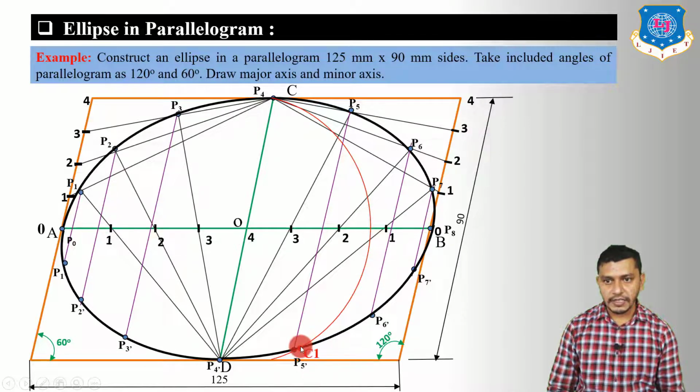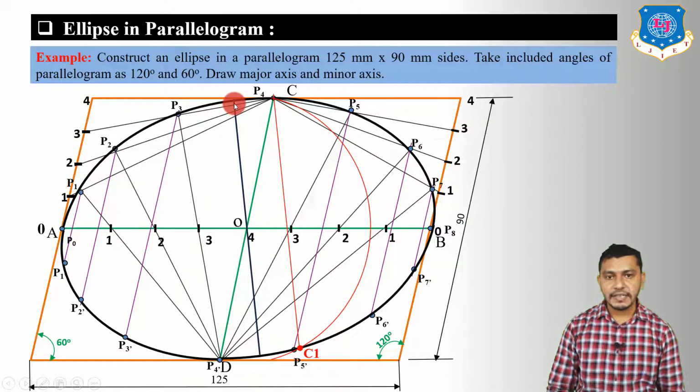Let us say that this point is C1. Okay, now connect C and C1. We will get a line, CC1. After getting the line CC1, what we have to do? We have to draw a line parallel to CC1 passing through point O. So take the roller scale, put your roller scale on CC1 and draw a line parallel to CC1 passing through point O like this. So this line will be our minor axis.